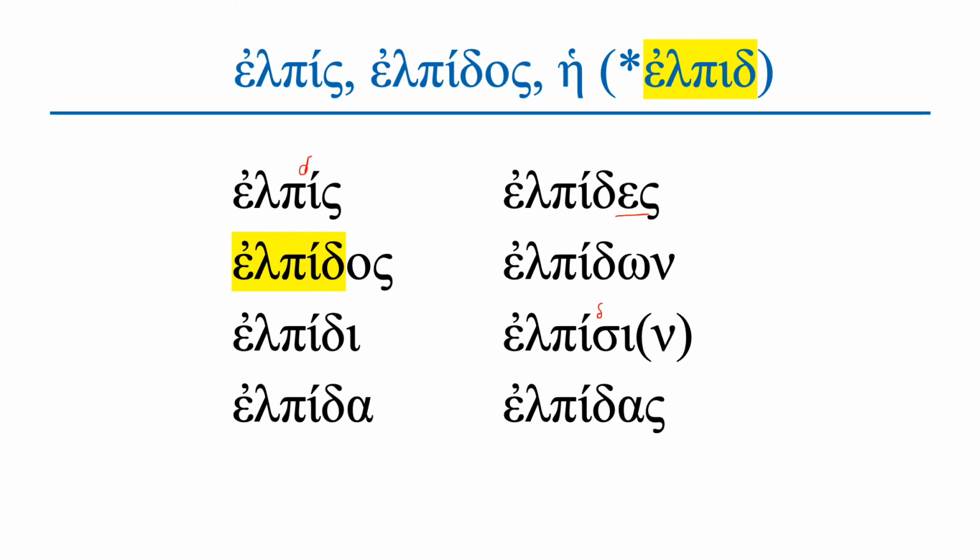This type is called elpis. You notice the stem ends in a delta, and you get the stem from the genitive singular. So the genitive is elpidos. Now, when the stem is elpid in the nominative singular and you add the sigma to the stem ending in the delta, you guess what happens, right? The delta disappears and you have the sigma. Again, just to explain the rules of third declension nouns.